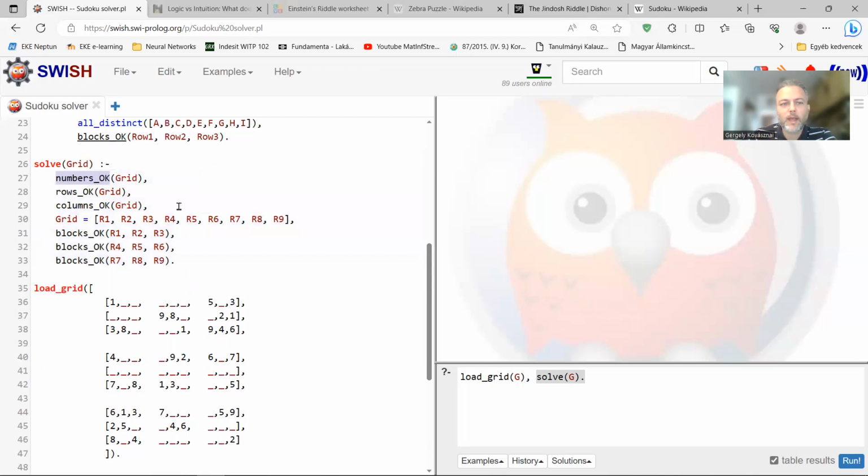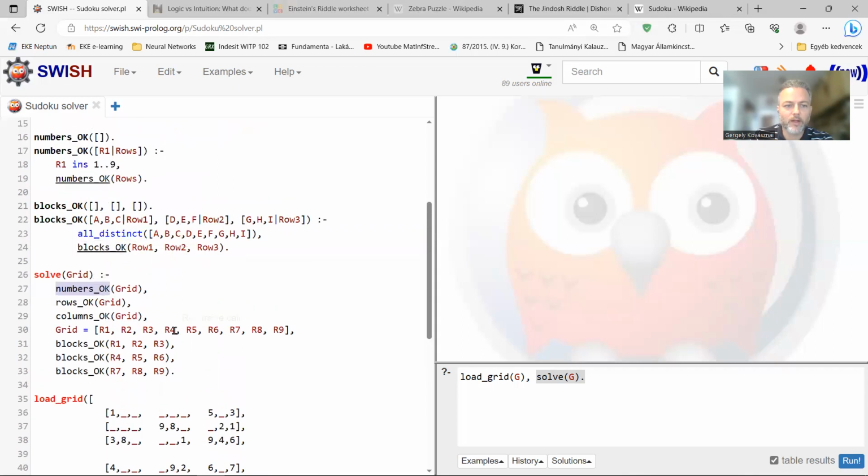First of all, we have to check if all the numbers are okay on the board. Then we will check the rows, then the columns, and finally we will check the 3x3 blocks one by one. So let's check out each of those predicates one by one.